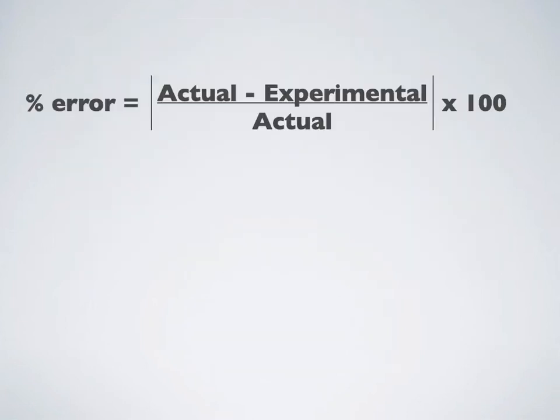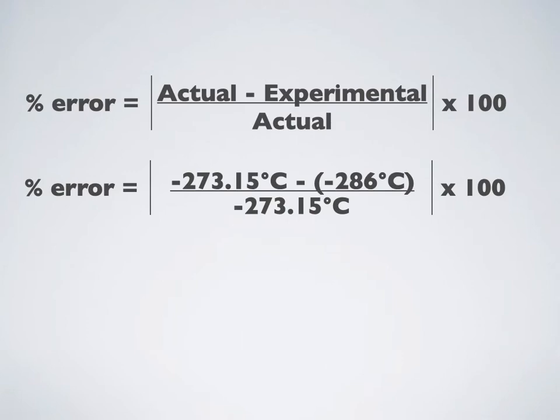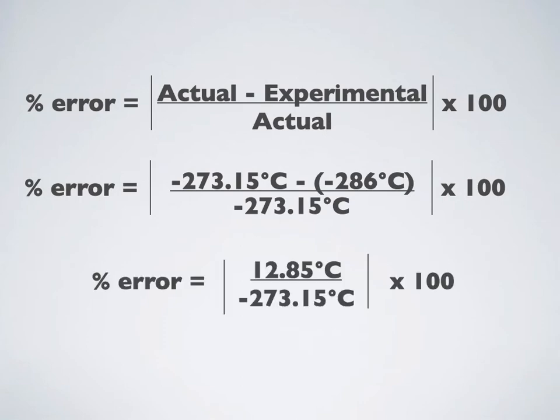So how do we tackle this in terms of the experimental error calculation? For percent error, we want actual minus experimental over the actual times 100%. Our actual value, absolute zero in degrees Celsius, is going to be negative 273.15. We're going to subtract our experimental value of negative 286 and then divide by negative 273.15 and then times 100%. So the first thing we want to do is that subtraction on the top, and we get 12.85, but